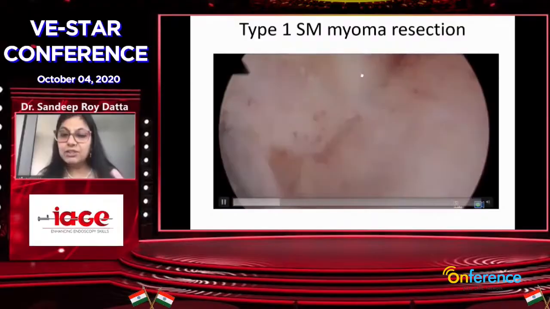So I would like to know from you, what is the size? First of all, do you do any myomas in the office setting? Madam, if it is a very small fibroid, only then we do it. So 1.5, 2 centimeter fibroid, and that also only type 0, only those types we attempt in office. Otherwise, most of these cases we take in the operating room.